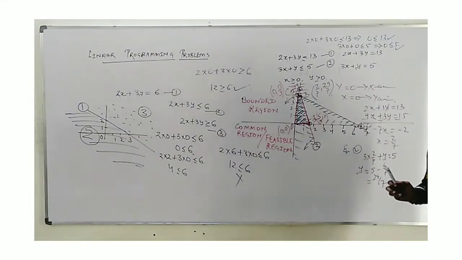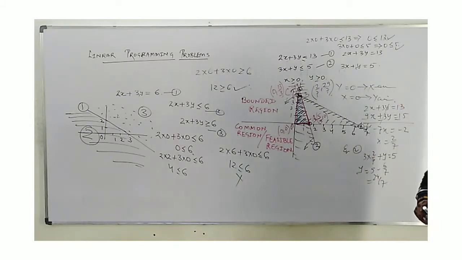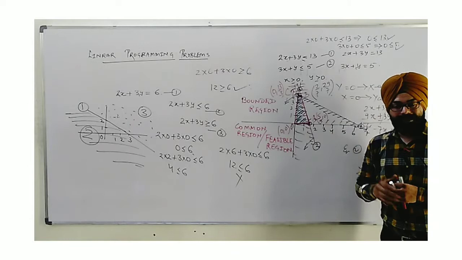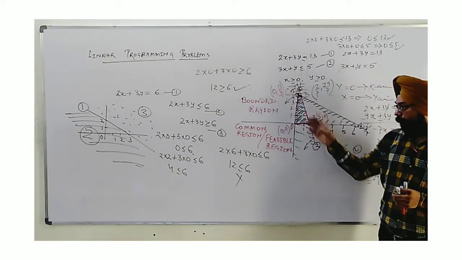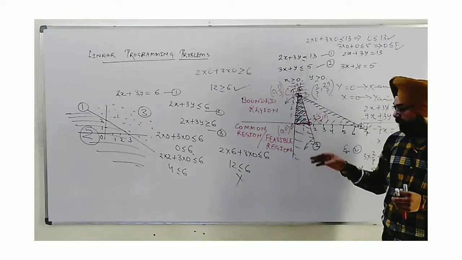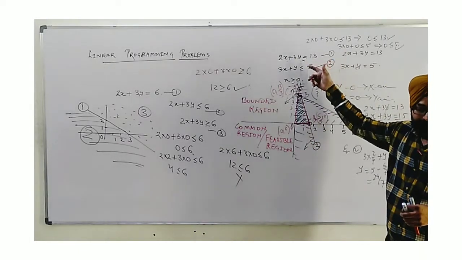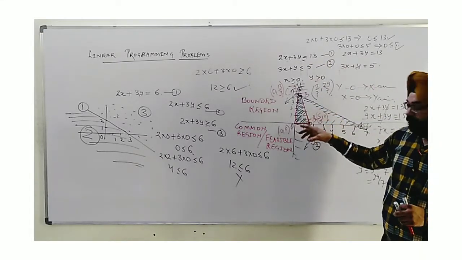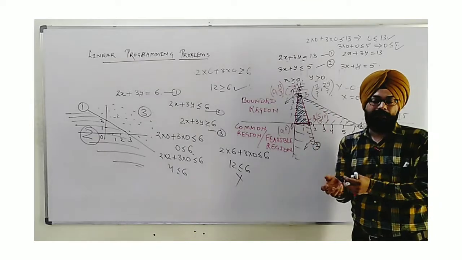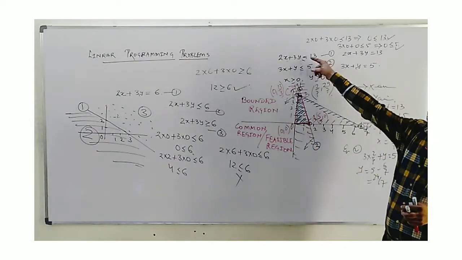So these all are corner points. As one more step I would like to speak, as we have obtained a polygon, in general you will find whenever a bounded region is obtained and we get a polygon, that it is surrounded by all the equations corresponding to given inequalities. I repeat my statement, it is surrounded by the line segments. Those line segments actually are the part of the equations corresponding to the inequalities given.